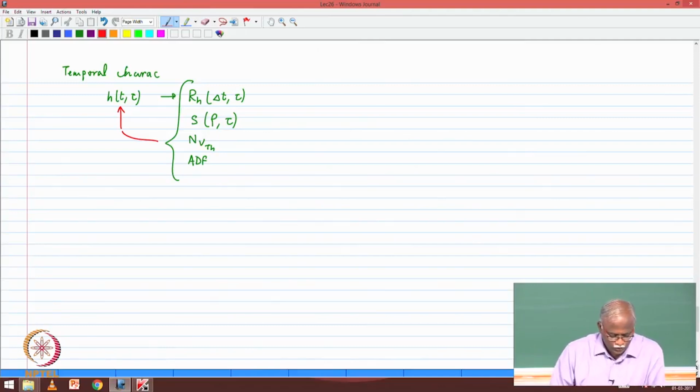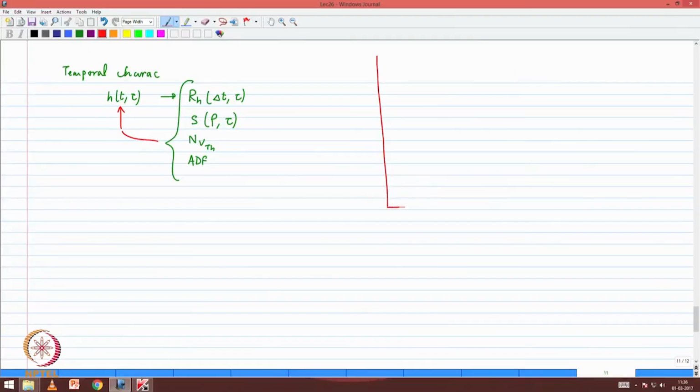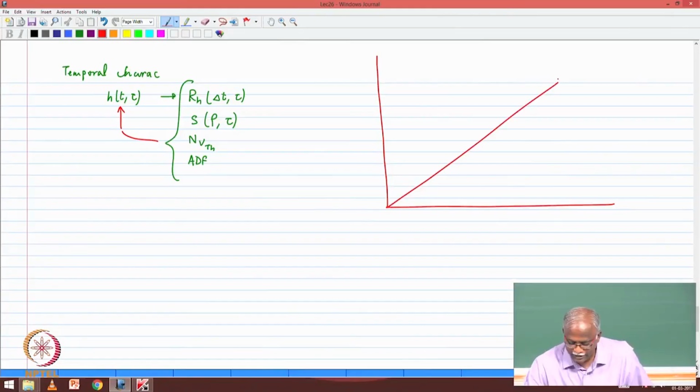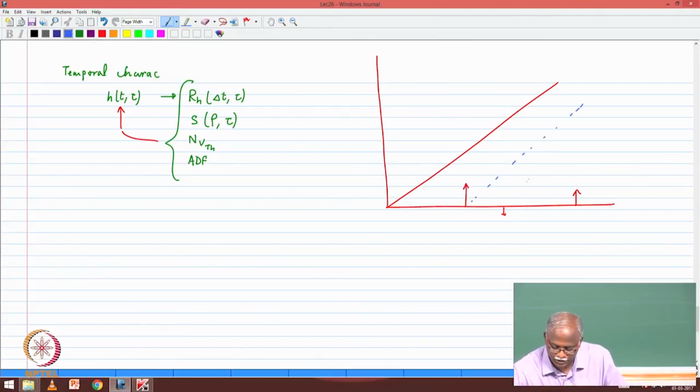So I want you to now shift your thinking to include the delay dimension. Therefore the following simple exercise. So far we have been looking at just one delay. Now consider a channel where there is time dispersion. If I want to look at different instances of time, basically I will have to look. Let me quickly draw this so that you can visualize what we are trying to do.